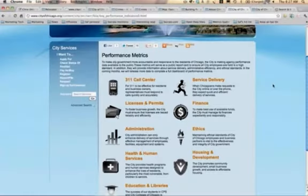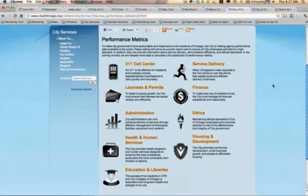Publishing a public performance management dashboard was one of the early goals of the new administration. The idea behind this is creating accountability with our residents, which will help improve performance across the city in the end. So a quick way for us to get this up and running was to leverage the data portal platform that we were using. So we are feeding, and in some cases, automated feeds from systems, data that represents how